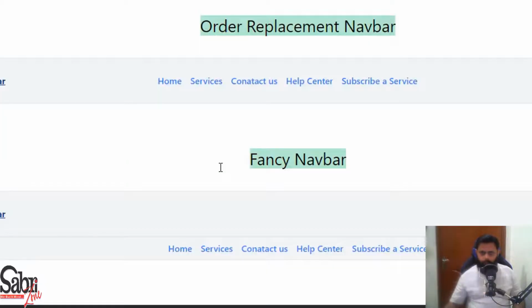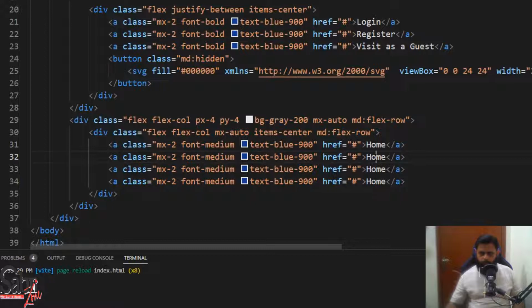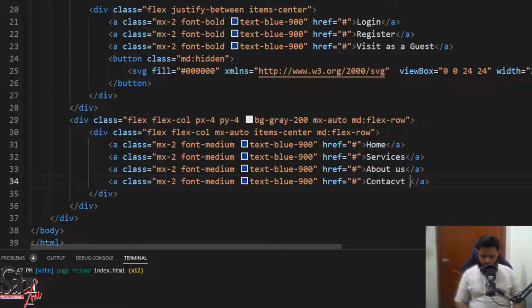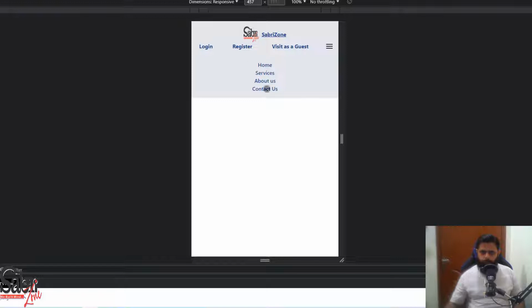Okay, so let's see inside browser. Okay, it looks great. Home, services, about us, and the last one will be for contact us. Okay, great. So let's see inside browser, and if we go to the mobile view, you can see that it looks fabulous,